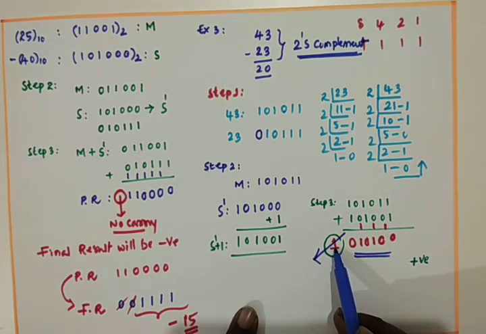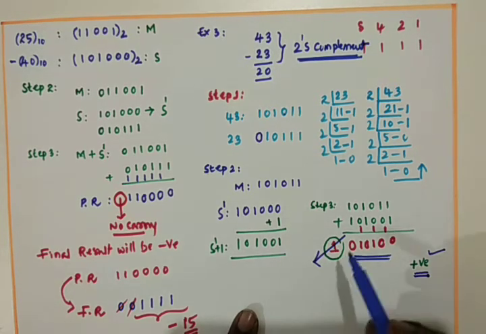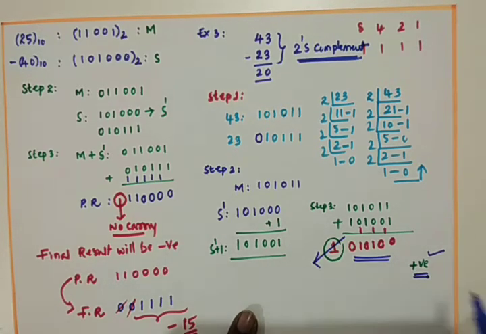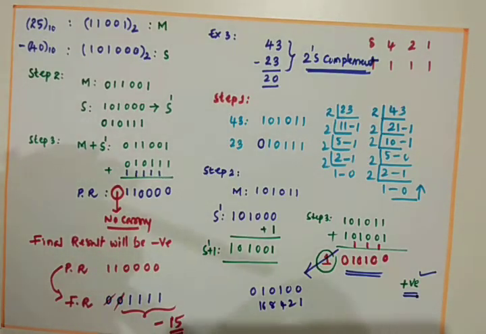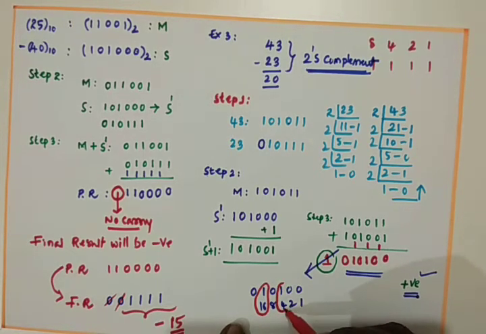So by having the carry, we note down that the result will be positive. Second thing, we should discard that carry, and whatever remaining is there will be the answer. What we have remaining is 010100. Then what is it? It is 1, 2, 4, 1, 2, 4, and this is 8, and it is 16. See this one? 16. Where are the ones? It is 16 into 1, this is 16, and this is 4, and the remaining will be 0.